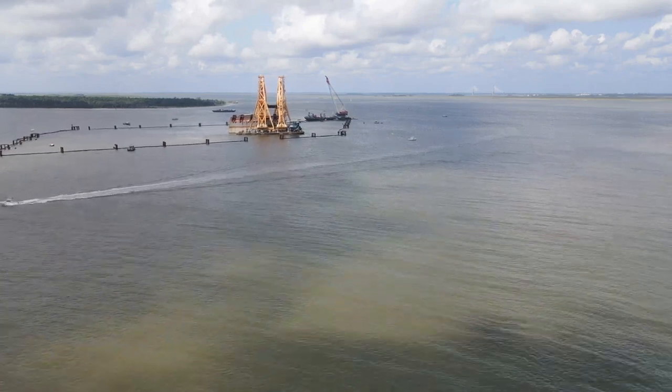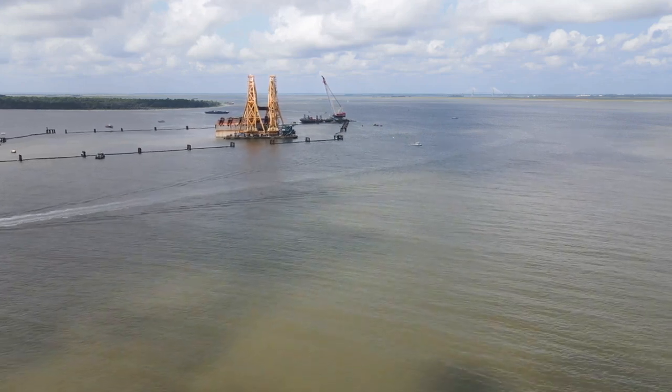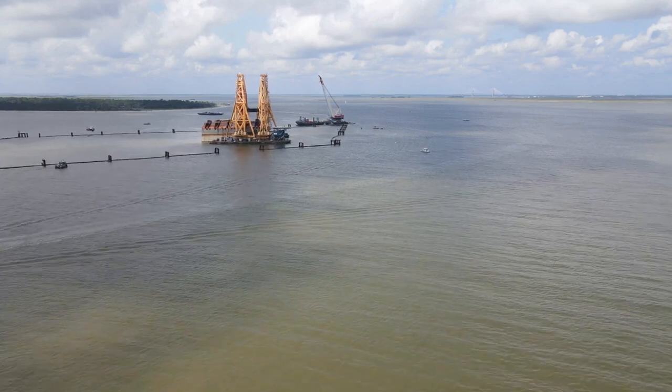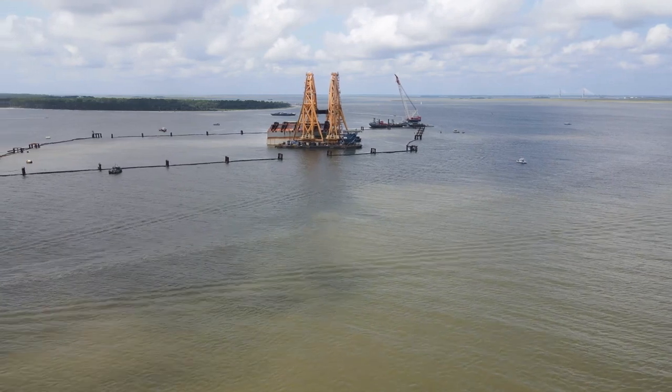Hello, everyone. Here we are back flying over St. Simon's Sound between St. Simon's Island and Jekyll Island. We're here to take another look at the Golden Ray, the capsized car carrier that capsized back in September